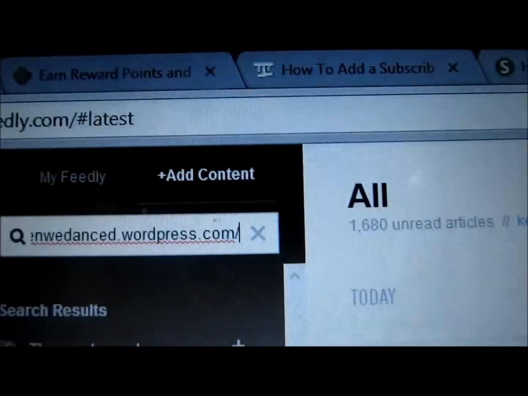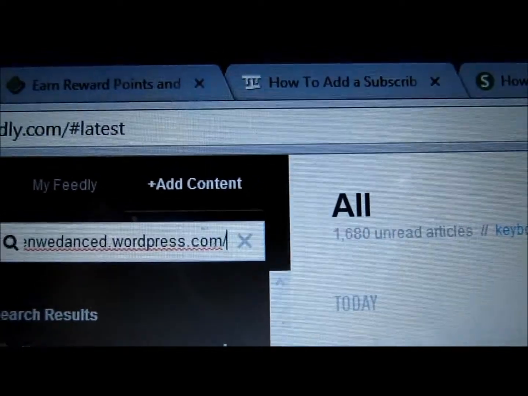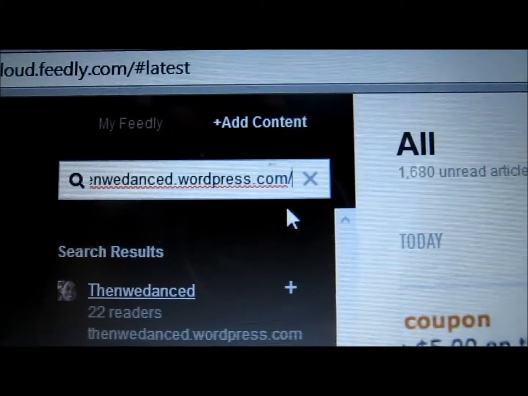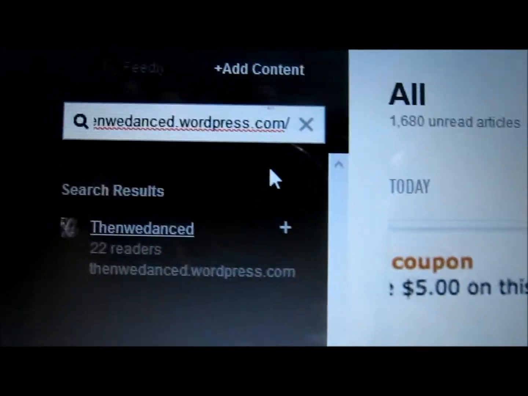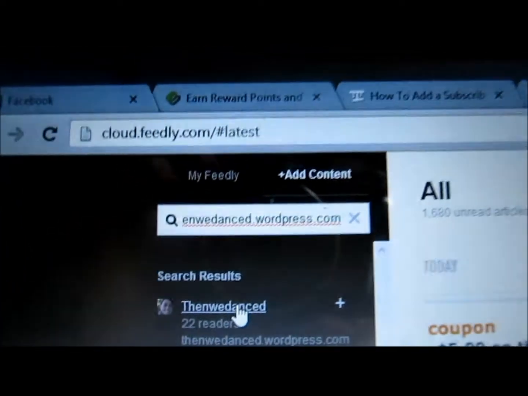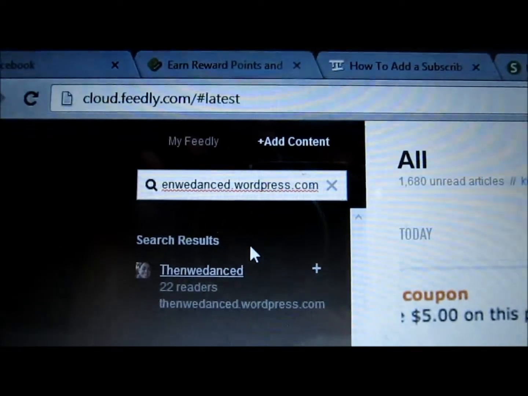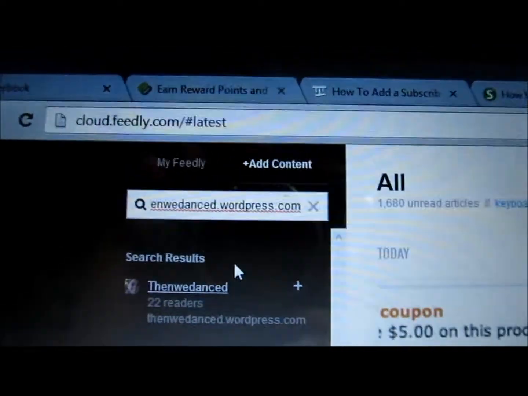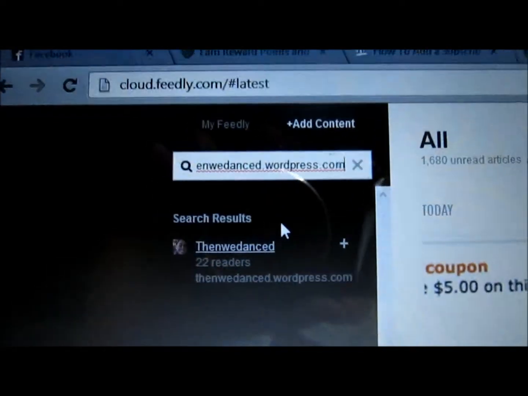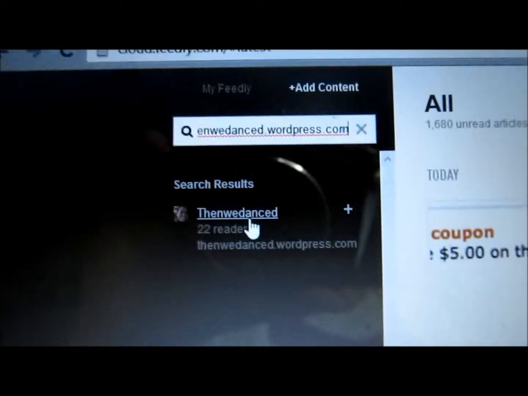Sometimes, if you can see, there's a backslash at the end of the address here. Sometimes when there's a backslash there, it does not actually pull up the blog here, but if you hit backspace, then the blog will normally pop up, and I do not know why it does that, but that's just a simple little thing you can do. If it's not pulling up the blog, then just hit backspace, get rid of that extra backslash, and it should pull it up. Okay, so it pulled it up here, so I'm going to click on her blog here,